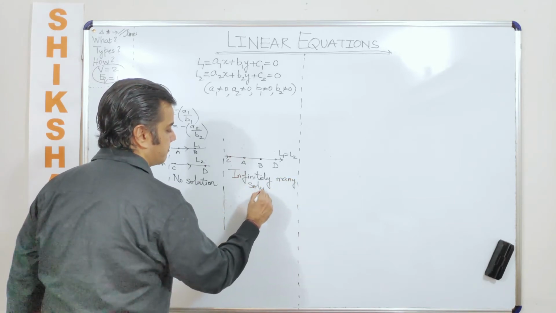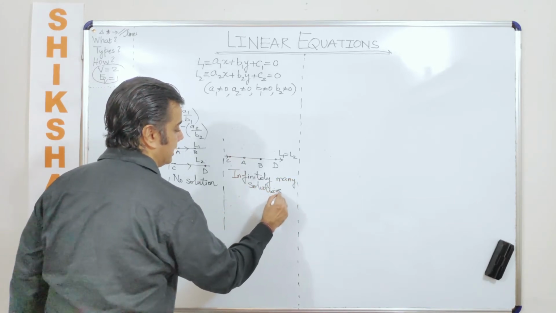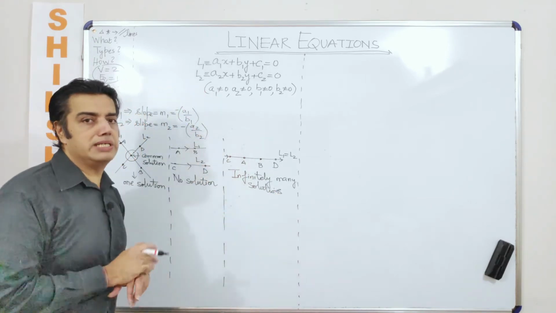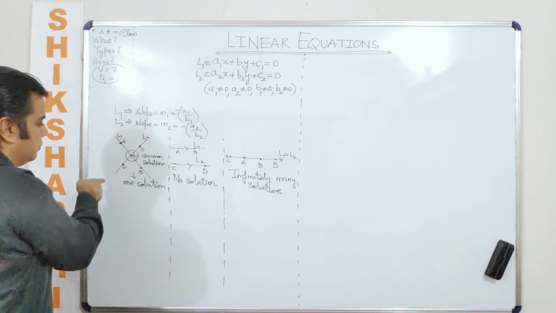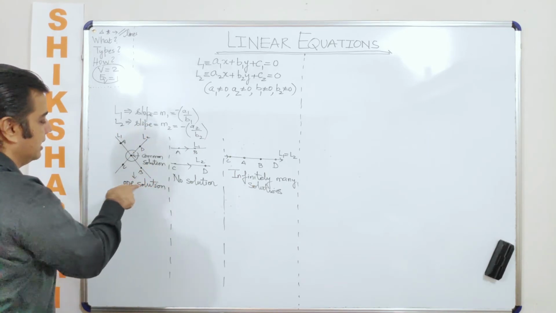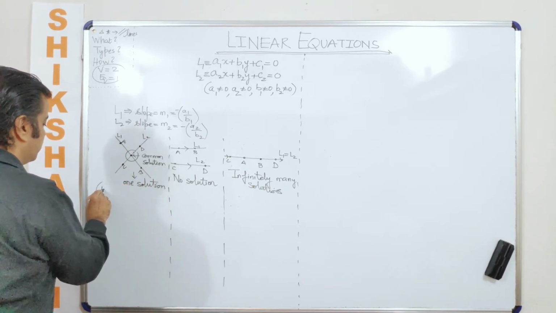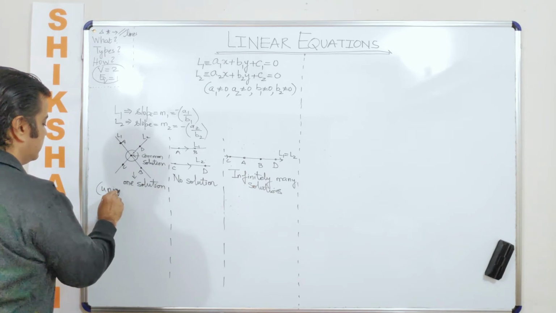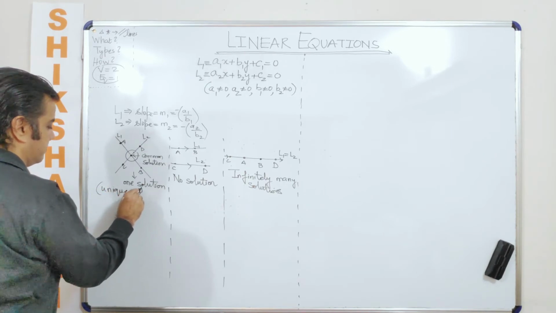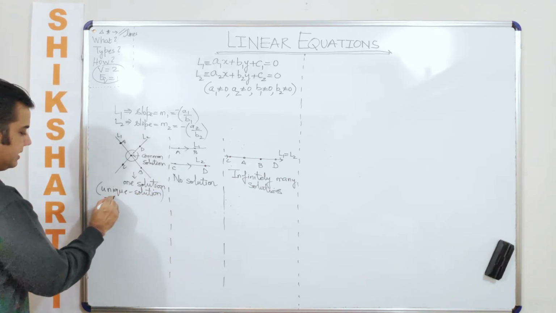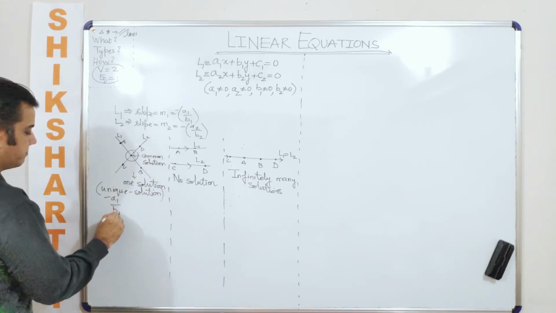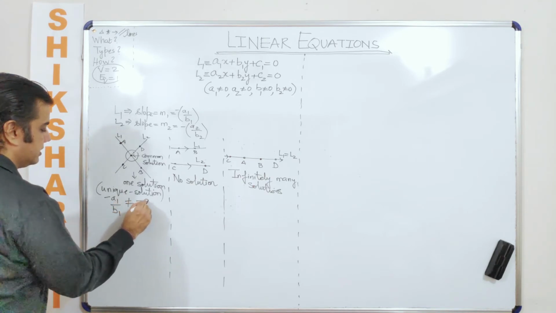Solutions. Now we have understood this graphically. Let's put it down in terms of conditions. Now, can I say the slope of this line is not equal to the slope of this line, which is why they are having a unique solution, because one solution means a unique solution. Which is just like saying minus a1 by b1 is not equal to minus a2 by b2.